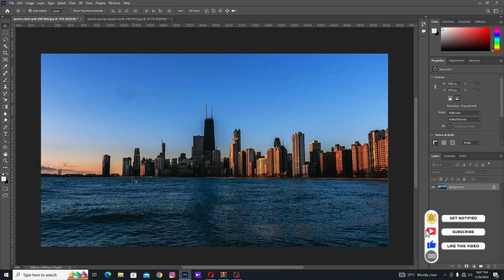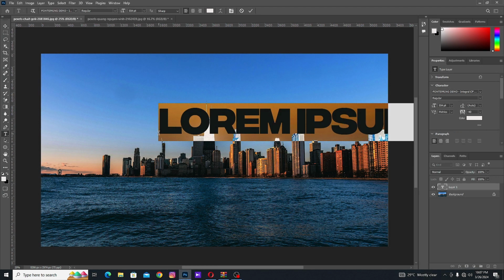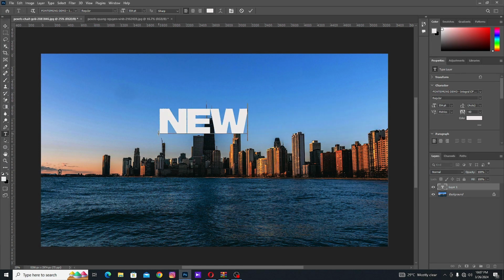You can hit T on the keyboard to bring up your text tool, or you can bring it from this angle. So we're going to write our text. We put in our text, New York State,